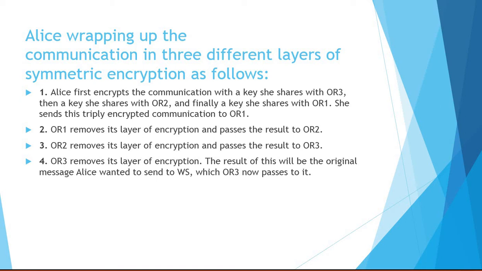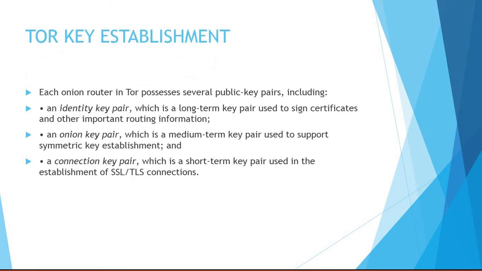This is quite interesting, how they have used onion routers in Tor communication. This is used only for anonymity purposes. So here Alice will not know the secret keys that onion routers 1 and 2 share, or that onion routers 2 and 3 share, or onion router 3 and the web server. In that way the anonymity is maintained here.